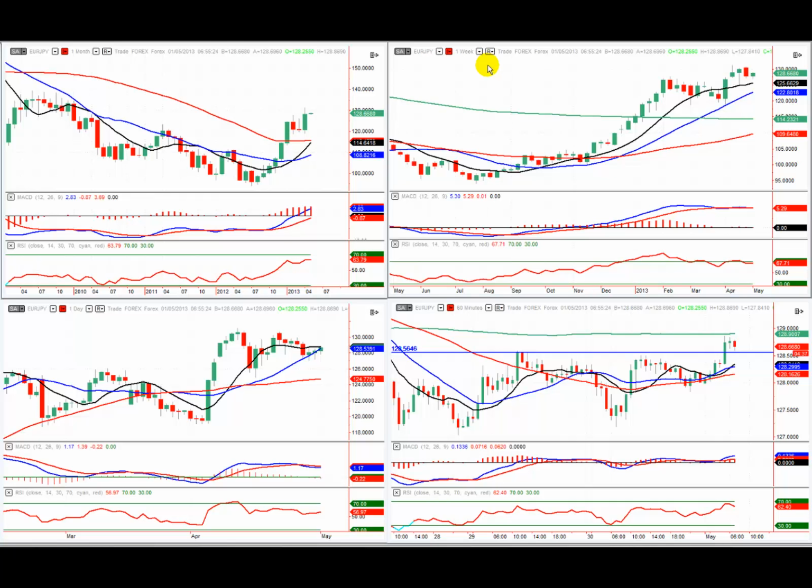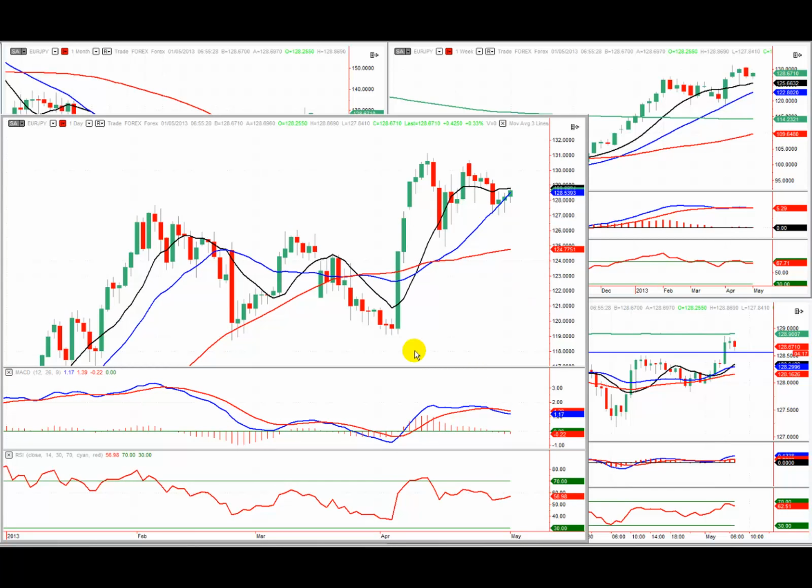Coming down to the weekly chart, we can see the strength of this trend in a lot more detail. A nice series of higher highs and higher lows, and price now moving up to the high side and testing this 130 level. Coming down to the daily chart, we can see this bit of price action a bit more clearly, and if I just zoom this up,